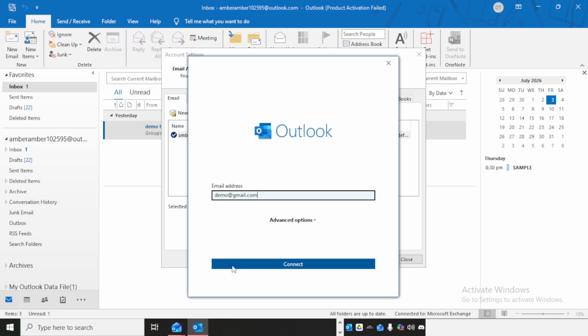After that, you can return to the main Outlook window, and you should start seeing the second mailbox appear in your folder list. In some cases, it may take a moment for folders and messages to sync, so don't worry if it doesn't populate instantly. And that's it. You've now added a second email account in Outlook. If needed, you can repeat the same process later to add more accounts.